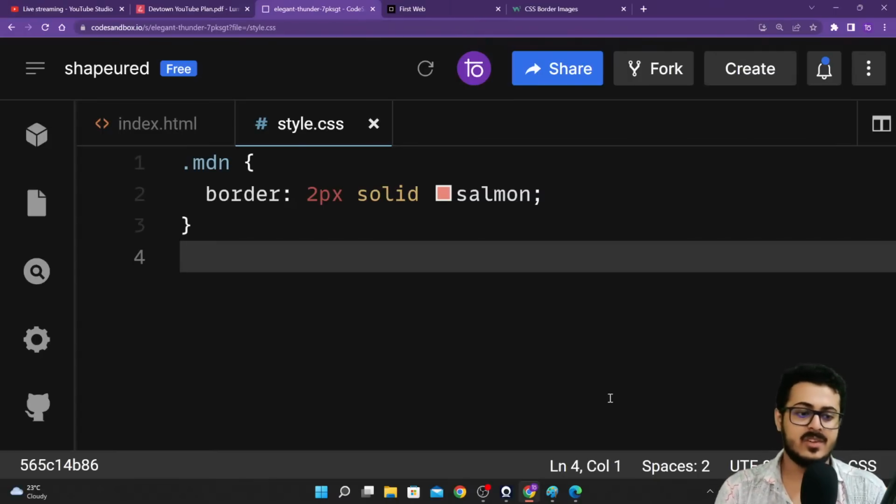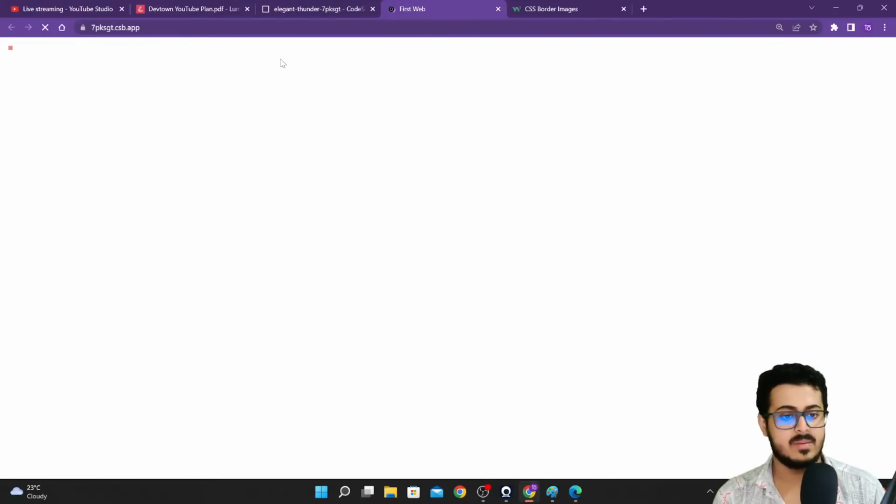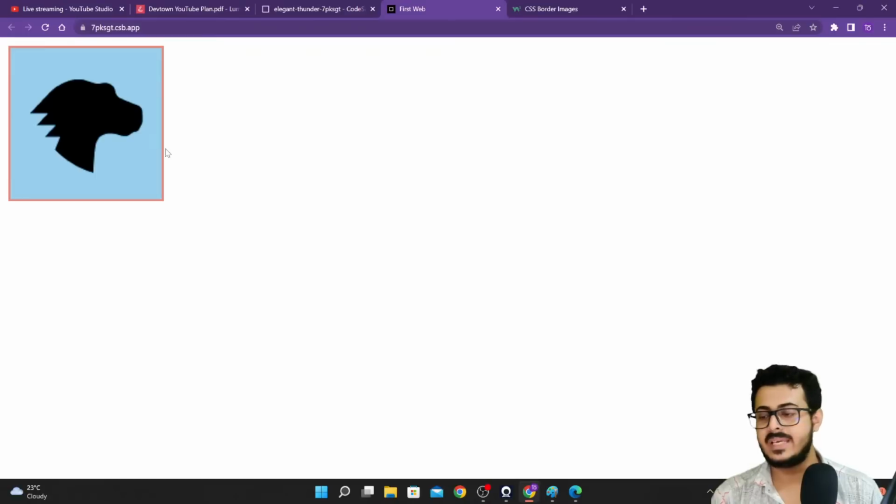So right over here for the border, you have to specify the width, what is the type of border that you want, and what is the color of the border that you need. So if I'm saving this, going back to my website and reloading the page, you will be able to see, where did my image go? Let me reload the page once again. Yeah, so your border will come properly. There are no issues right over here. Okay guys,